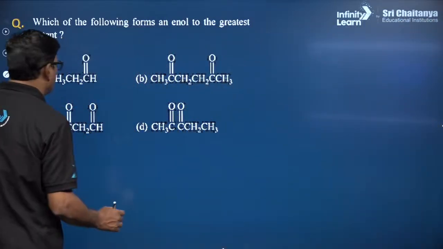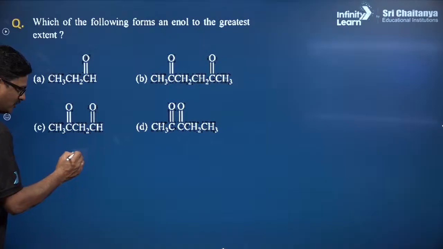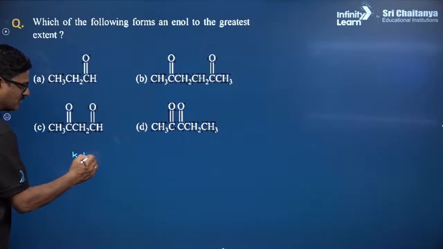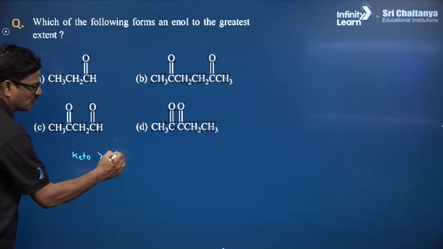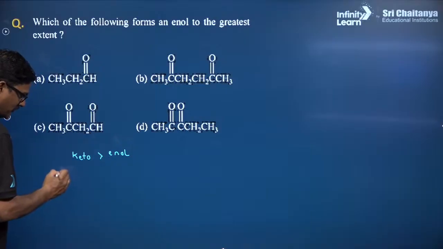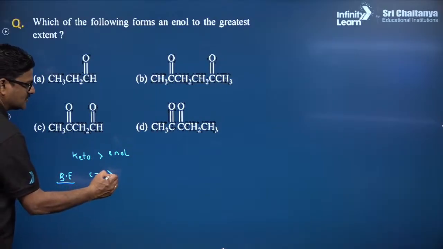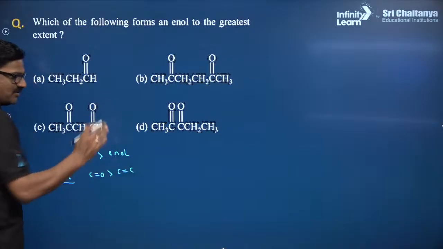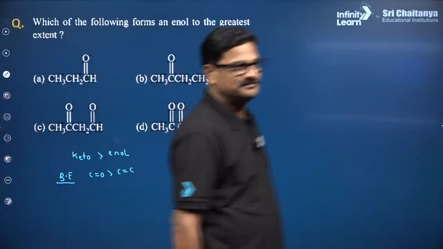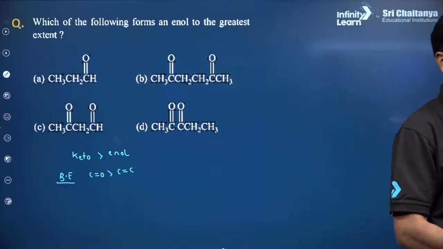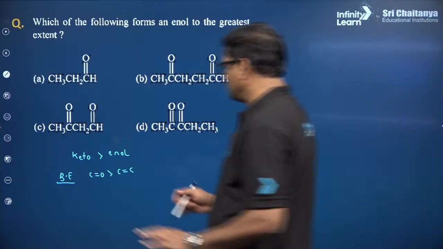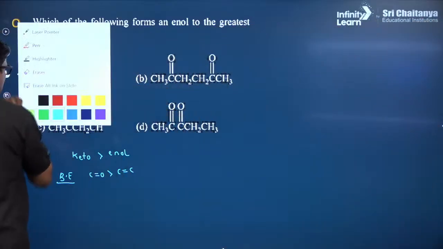My dear children, always remember the keto form is more stable than the enol form. Why so? If you talk about bond energy, C double bond O is a stronger bond as compared to C double bond C, right? That's fine. But in certain cases,